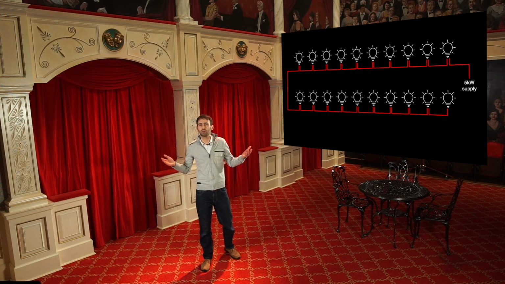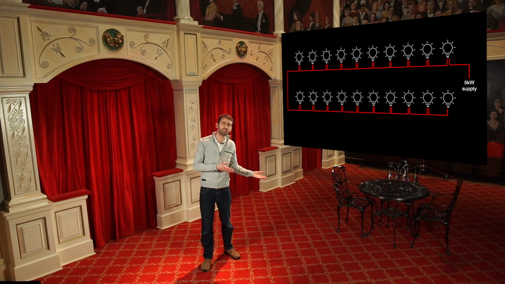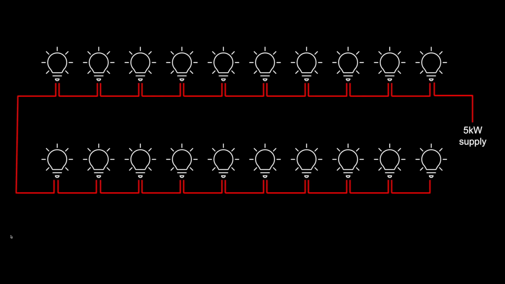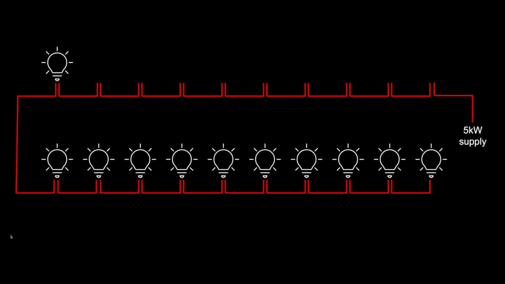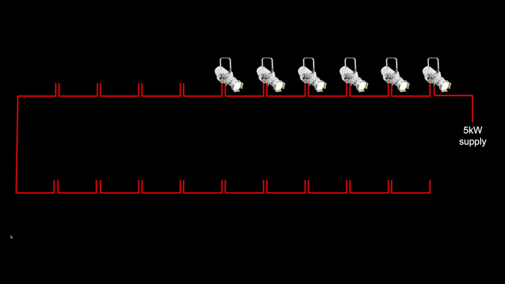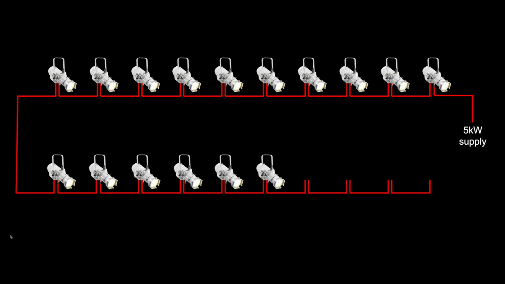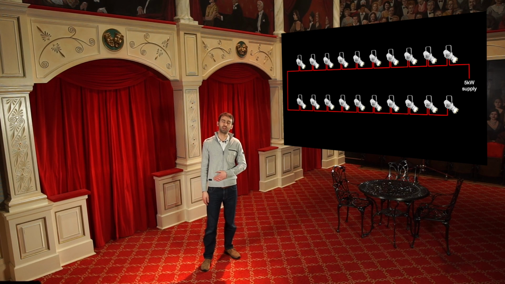So, how does this momentary spike actually affect you? Imagine a scenario where an engineer was commissioning some fixtures in a lecture theatre that has moved their switched tungsten fixtures over to LED. They decided to reuse their previous 5 kilowatt circuit as it had more than enough current capacity for their new LED fixtures. One by one, they carefully unbox, rig, plug in, and focus their new LED fixtures until all 20 units were working beautifully. Then they turned off the circuit and went home, feeling proud of a job well done.